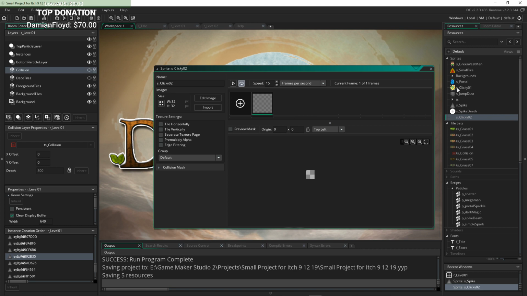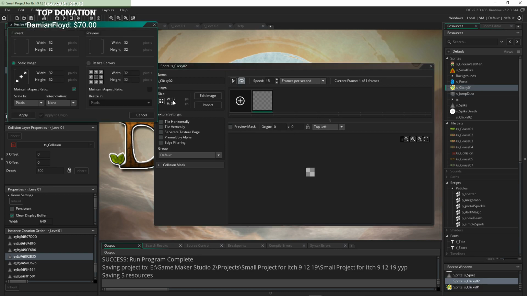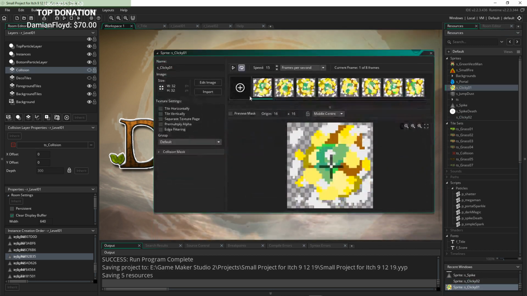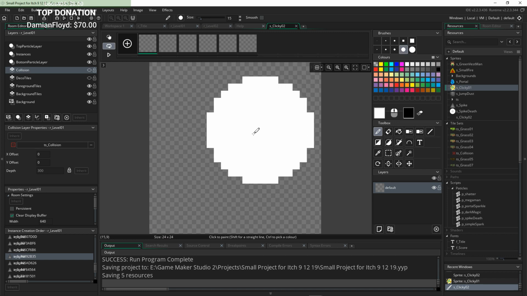Or maybe that one was a 32 by 32. Hold up, what was it? It is a 32 by 32. Let's set it to 16 by 16. Or even just the next size down, 24 by 24. Set it to middle center. How many frames did I have in that one? It was a lot of frames. 8 frames, okay. Let's do a little less. Let's do 6 frames. And what I'm going to do is